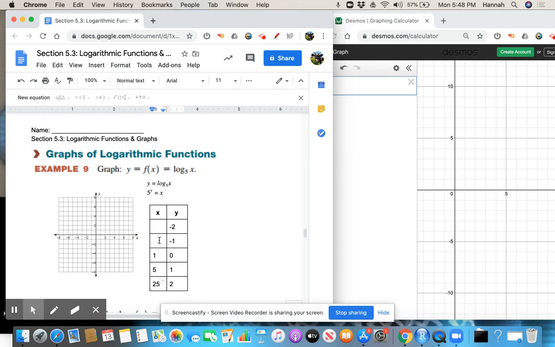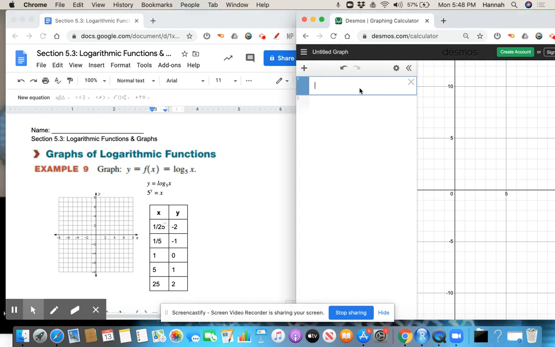Okay, then we do the negatives. What is 5 to the -1? Well, 5 to the +1 is just 5. So 5 to the -1 would be 1 over 5. Or you could write that as a decimal if you wanted to. What would 5 to the -2 be? Well, 5 to the +2 is 25. So 5 to the -2 is going to be 1 over 25. Okay, now I ran out of room there. There we go. And you could go over to Desmos or on MyMathLab and plot those